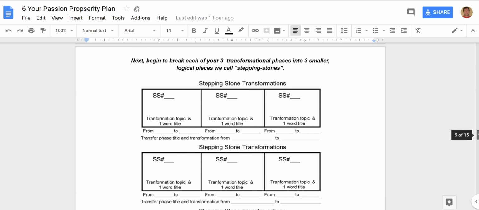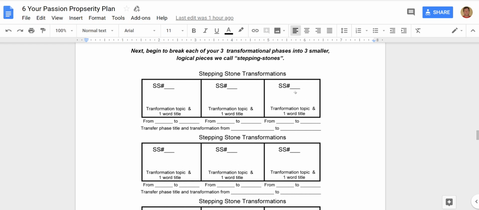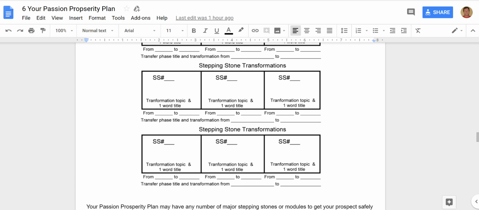Then here's the next step, and this is the last step, okay, before we brand this thing and turn it into an actual intellectual property. You begin to break each of those 3 big steps into 3 smaller stepping stones. This is what we call them, stepping stones. So let's say your first analysis phase